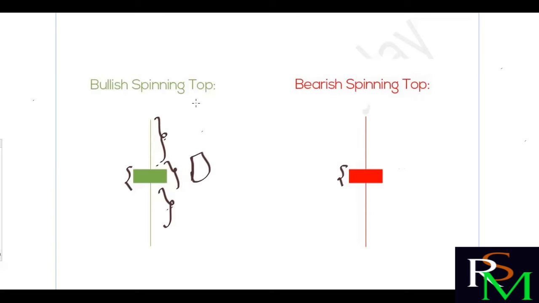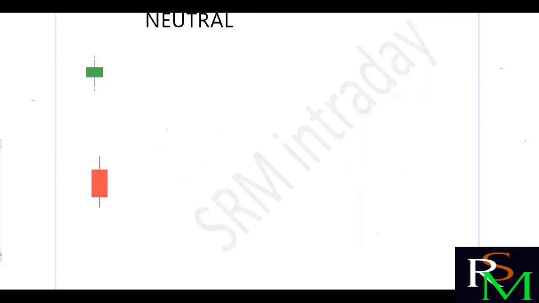Finally, the conclusion is you need not give that much importance to this type of candle. If you find a candle like this, no need to give importance. Like this, no need to give importance. You should give importance to bullish, bearish, hammer, inverted hammer. Mainly only 4 candles, and the 5th candle is doji. Okay, right. And this is also a neutral candle.